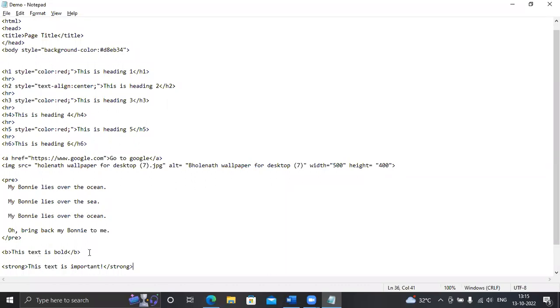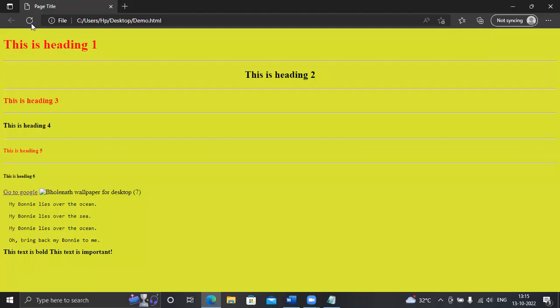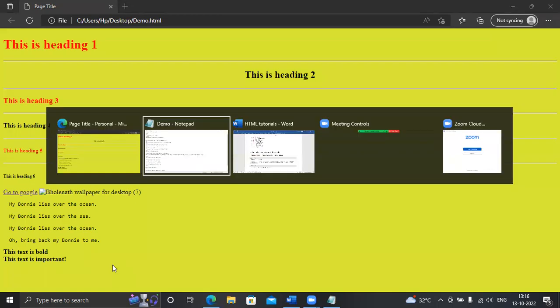Both I have defined. Let me add some break tags, BR tags here. Using the BR tag, we can break it better. Look, can you see the difference in between? What is the difference between the bold and the strong tag? Not a huge difference. Either you can use the B tag for bold text, or you can use strong, which is important. Understood? There is not very much difference between bold and strong.